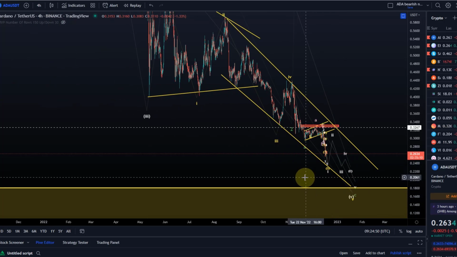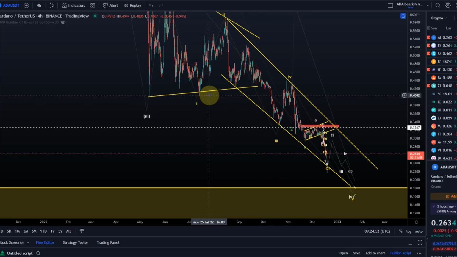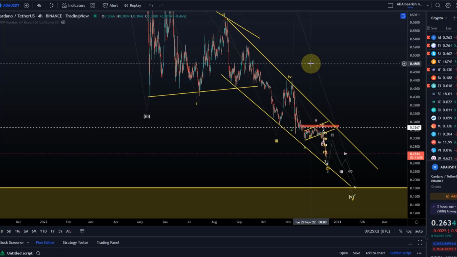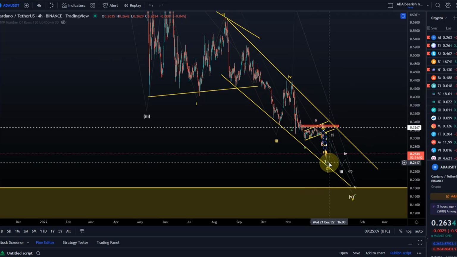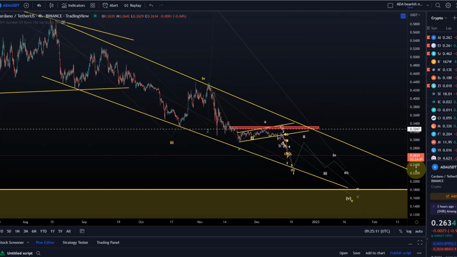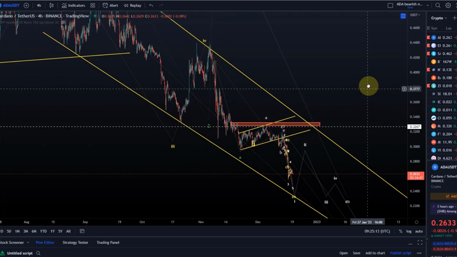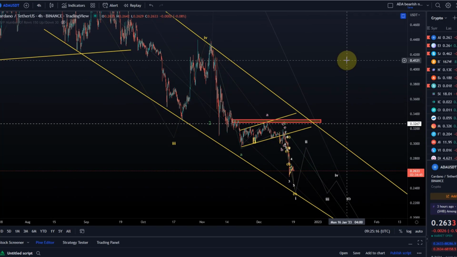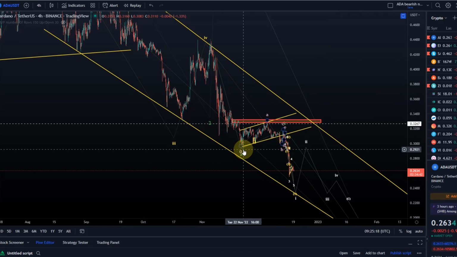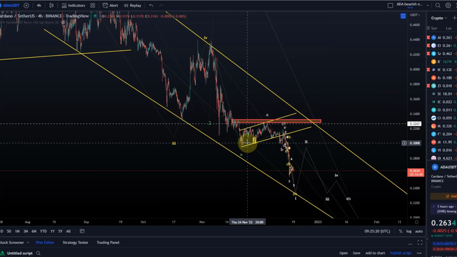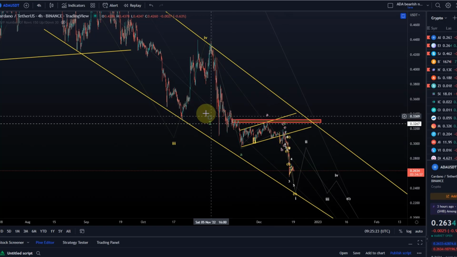There is no way at the moment to say, okay, my target for ADA is 10 cents or so. We had a target of 30 cents, that was the 88.7% fib level. That fib level is broken, so we need to take it level by level. If we make a new low and we don't see any kind of trend reversal or impulsive price action to the upside, we have to correct those targets down. When we hit my target around 30 cents, I told you most likely the low isn't in yet, right? Because we need to wait.